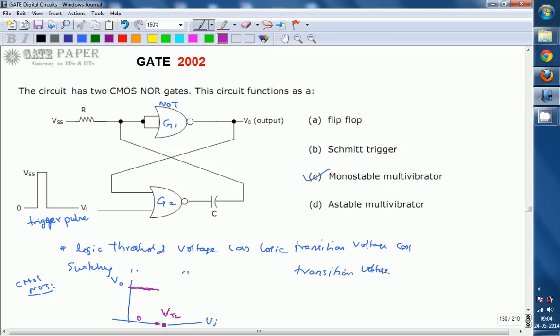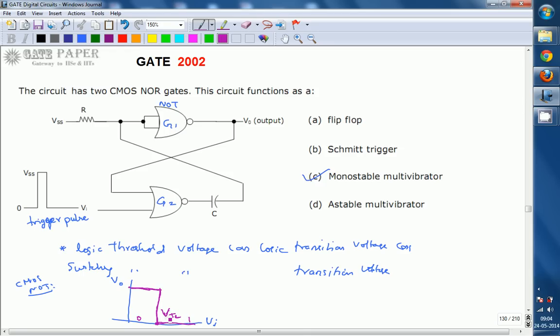Once Vi reaches this VTL, from that point onwards and above it will be treated as logic 1 input. For that logic 1 input, the output will be logic 0. So this is the transfer characteristics of the CMOS inverter with inversion voltage, or transition voltage, or logic threshold, or switching threshold voltage. From that point the logic levels are switching from 0 to 1 as well